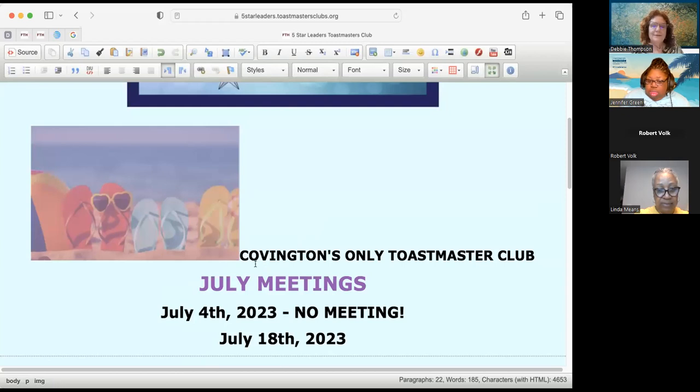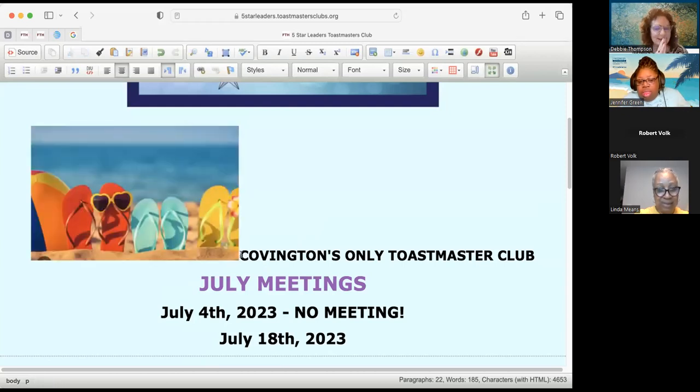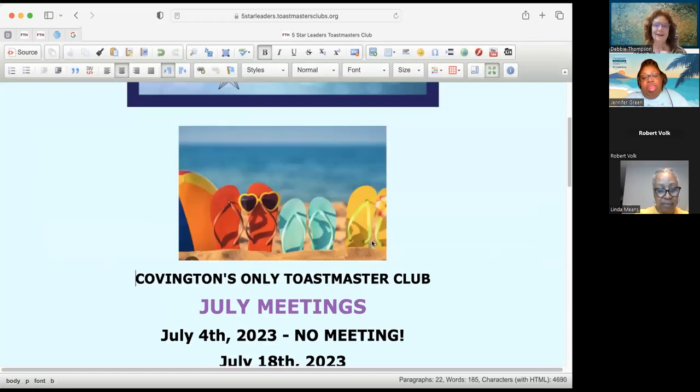But you can also see that I've got some extra space here. So sometimes you have to play with it a little bit. I'm putting my cursor between the picture and Covington. I'm going to press return. Okay, that got it in the middle and where I want it. If you want to move it, you can use these tools here. See where it says middle here? If I wanted to move it to the right or the left, I can use the edit tools here to move the picture around if I need to.